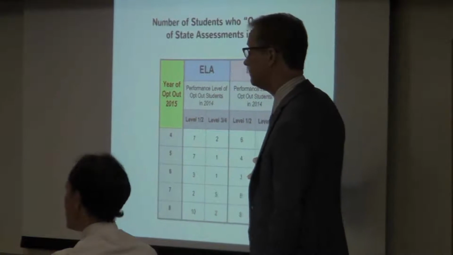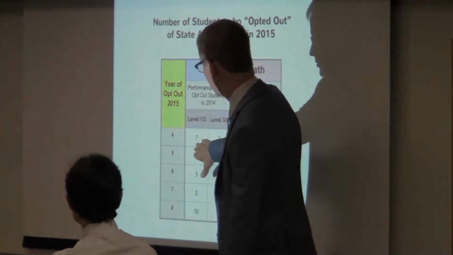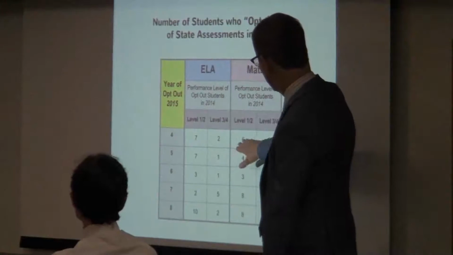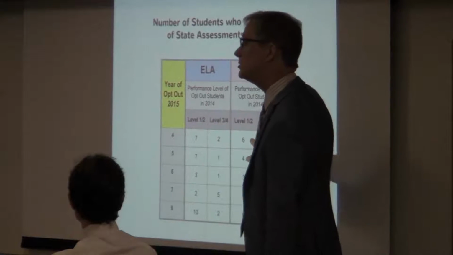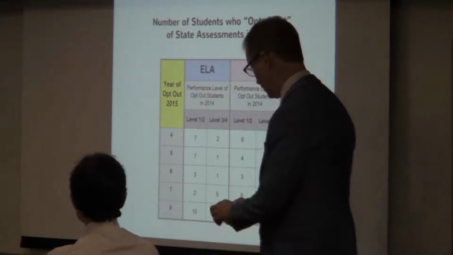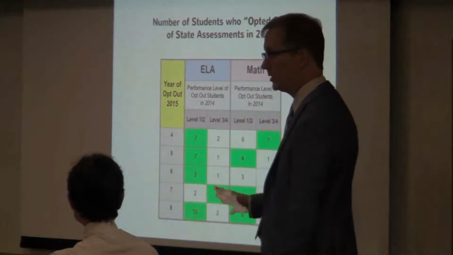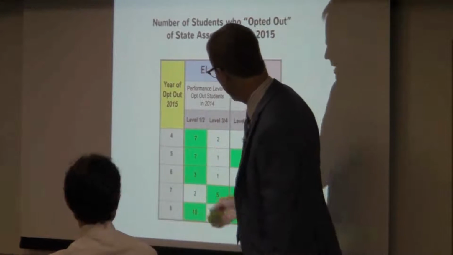And in math, we had... In the previous year. In 2014, yes. This is their 2014 score. And in math, it was 13 students, 6 had scored level 1 or 2, 7 had scored level 3 or 4 the previous year. So you can see when we highlight where the majority falls, mostly here, it's 4 out of the 5 levels